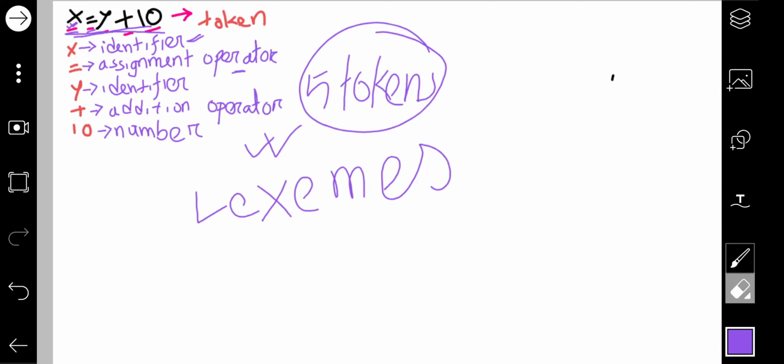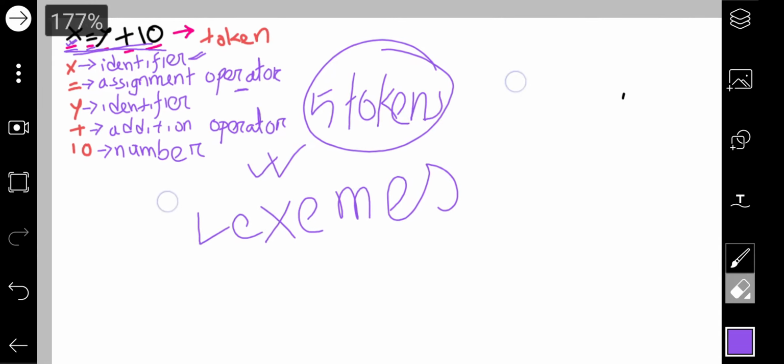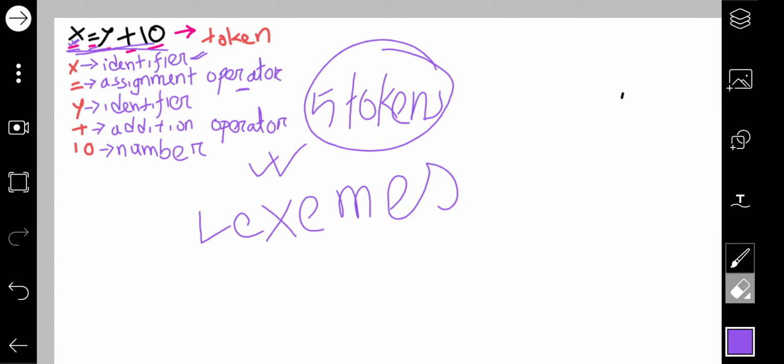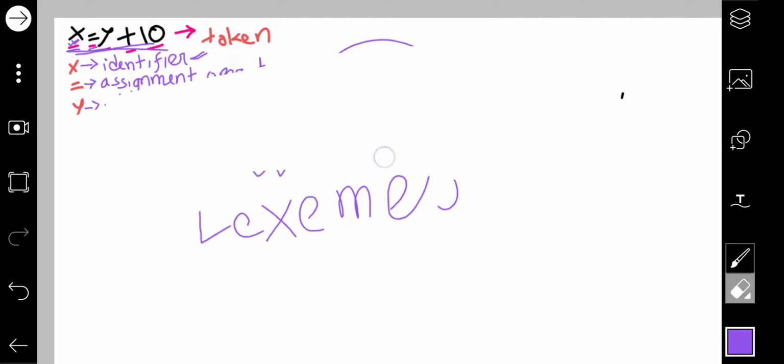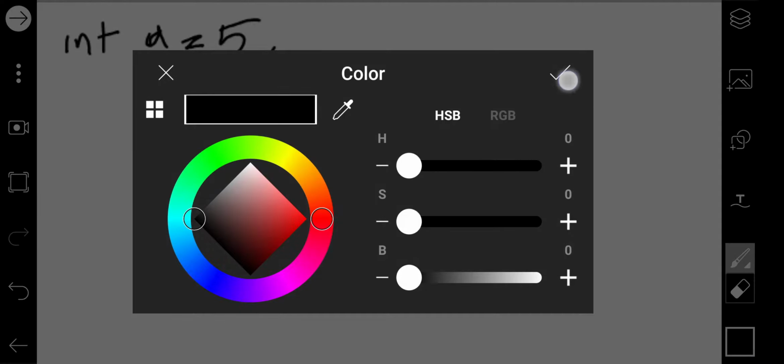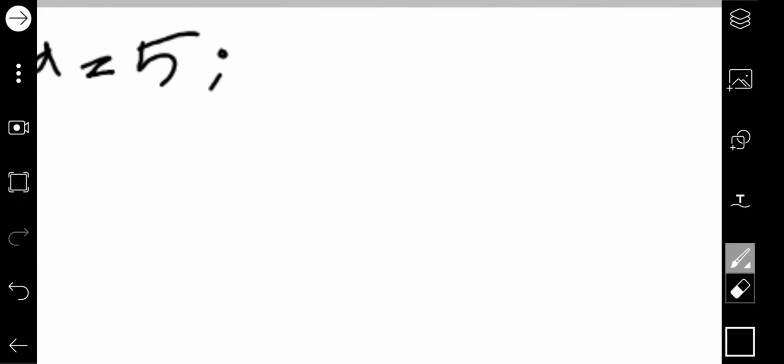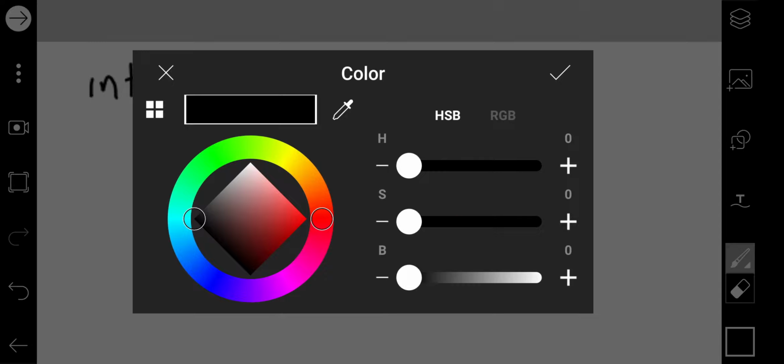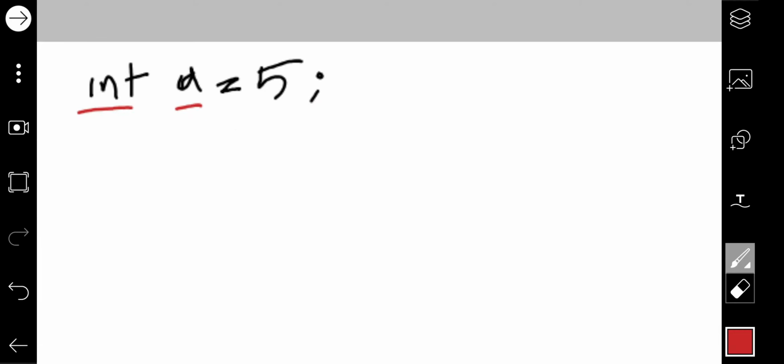Now this was a simple code which had only a single line. Now if I write code in C programming, you will also find the tokens there. For example, if I say int a equal to 5. After doing the lexical analysis, it will break the entire line into several pieces. So here int is one token or lexeme, a is one token or lexeme, equal is one token or lexeme, 5 is another, and lastly the semicolon is also one lexeme.